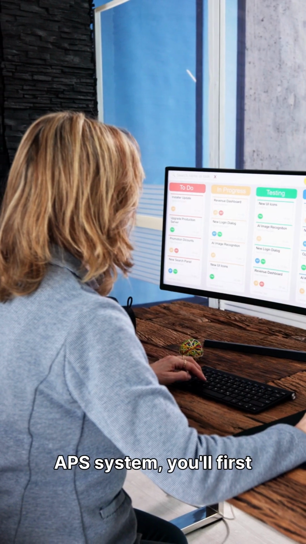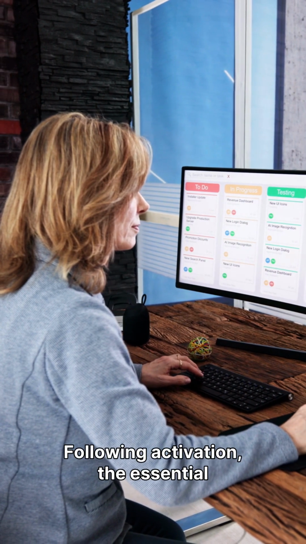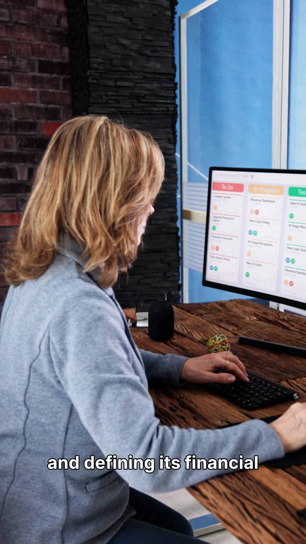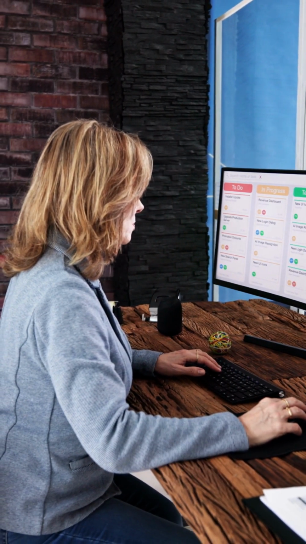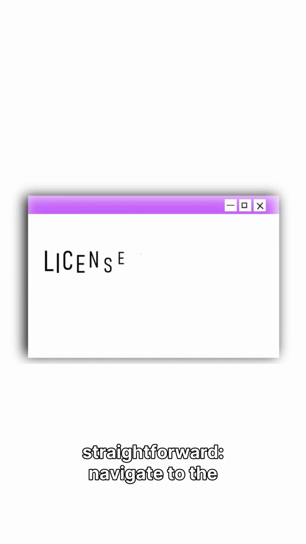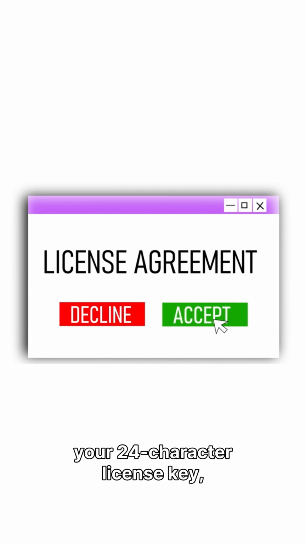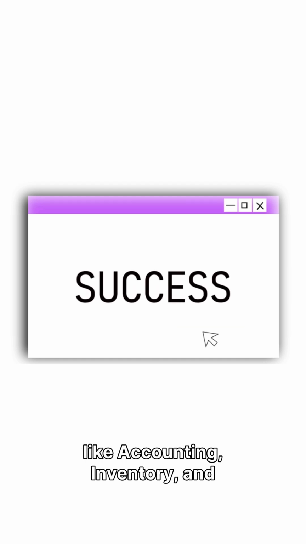To begin using the APS system, you'll first need to activate your license key. Following activation, the essential next steps involve setting up your initial company and defining its financial year before you can start recording any transactions. Activating your license is straightforward. Navigate to the License Activation page, enter your 24-character license key, and click Activate. The system will verify your key and then redirect you to the dashboard, unlocking specific modules like accounting, inventory, and